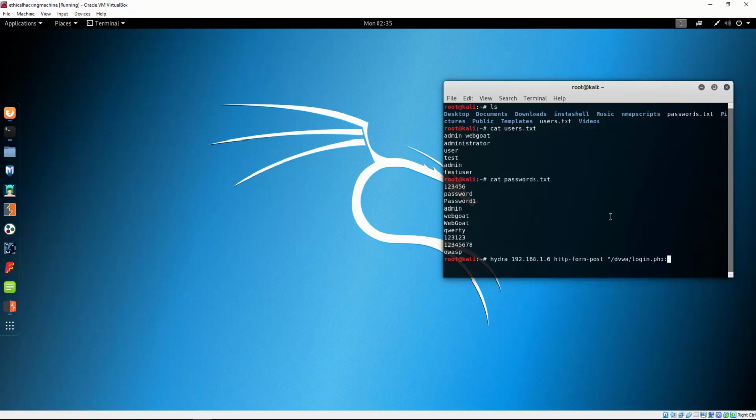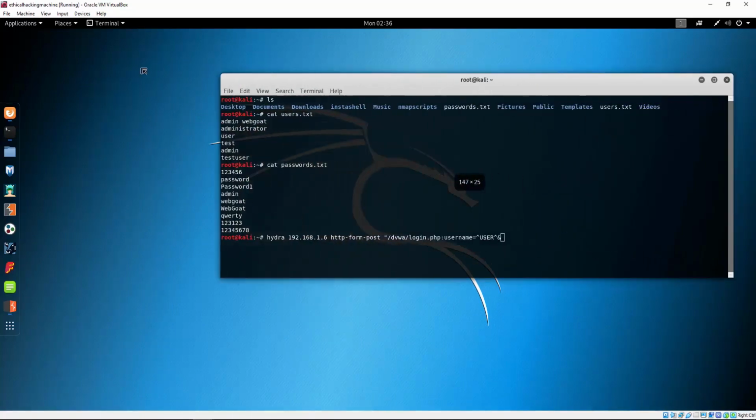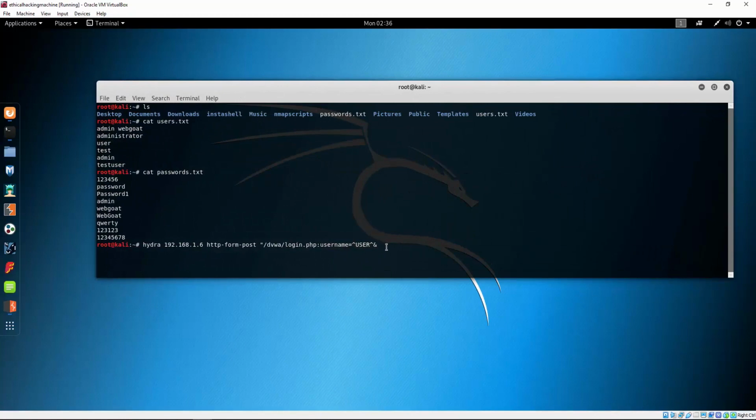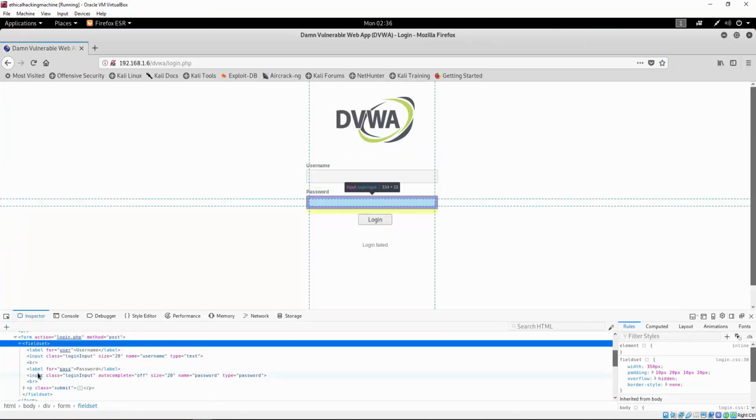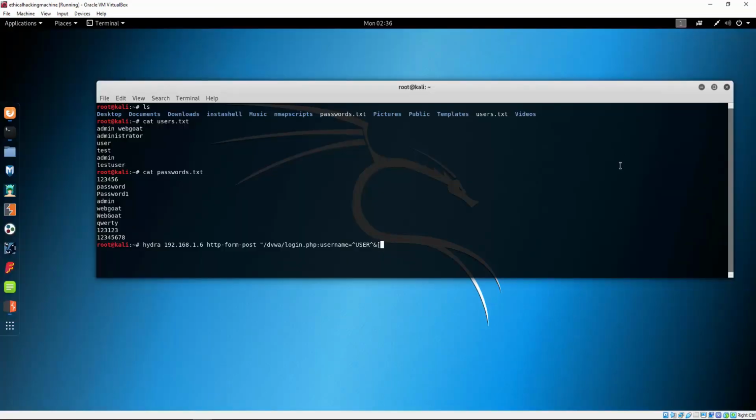So we cover this, and we divide these two with the two dots. So we type here username equals the upper arrow, then user, the upper arrow, this sign. Let me make this larger so you can see the entire command. Okay, so then after that we want to see what is the name of the password field, which is probably going to be password. So the name of the password field is password, so we specify right here password equals, again, upper arrow, pass, upper arrow,